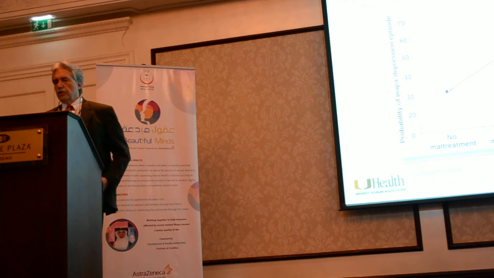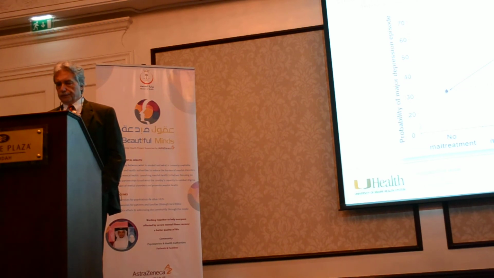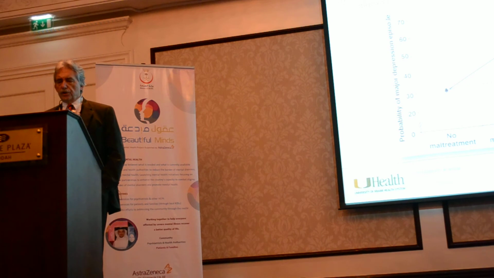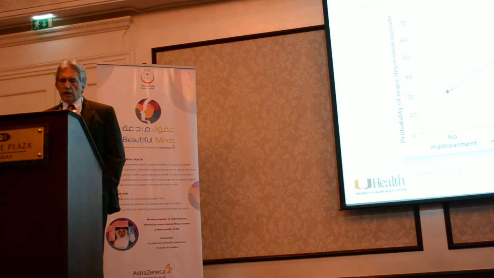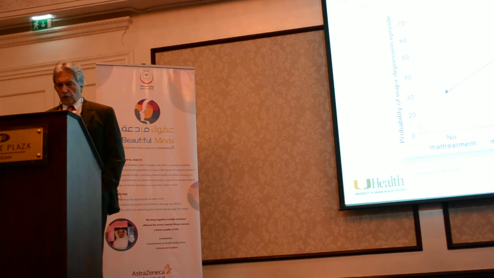author. What he did was he studied about 1,700 adults, age 18 to 26 in New Zealand. And he got information from them about their current mood state and also about child abuse that occurred between the ages of 3 and 11. And he genotyped these individuals for the serotonin transporter. And what you see here on the y-axis is the likelihood of having a major depressive episode, and on the